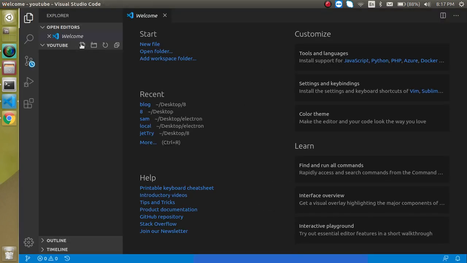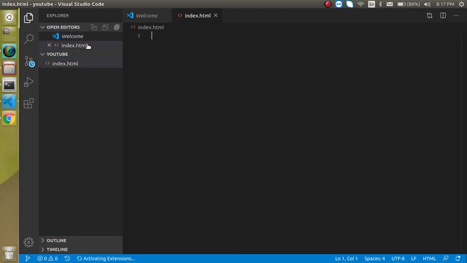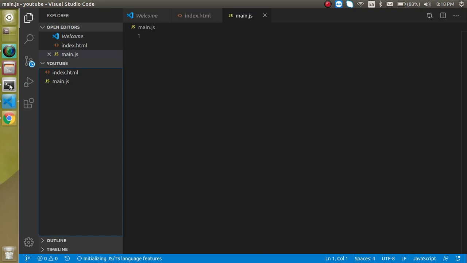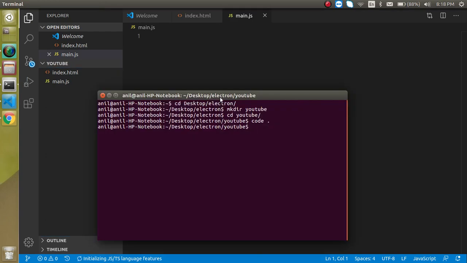Now let's create the two files. One is index.html, and then let's create another one which is main.js, right? And now let's come to the command line and write npm init, and now it will